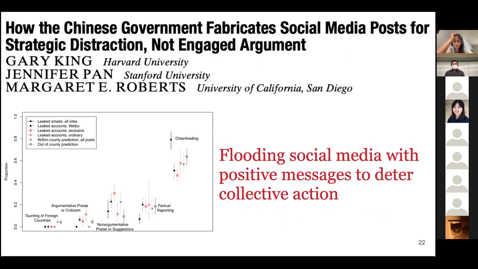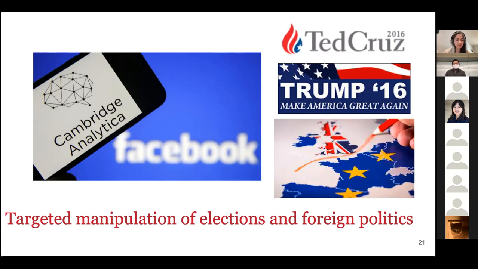Before I move on, the strategy behind Cambridge Analytica's manipulation was not necessarily about spreading things that were fake or factually incorrect, but it was about targeted advertising. So it's opinion manipulation, but the strategy is not specifically about misinformation. So that means it's not something we could detect with fact checking.